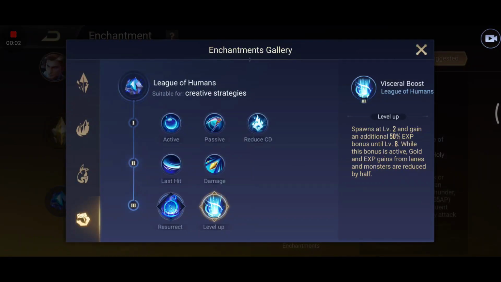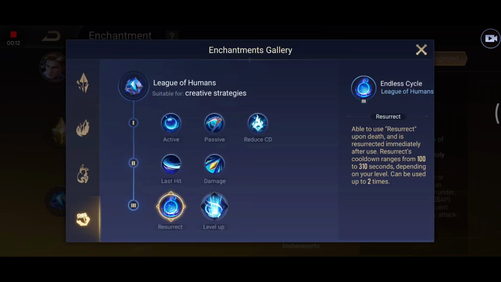Finally, we have the most broken rune page there is in this entire list, which is League of Humans. So this rune page basically consists of 2 main runes, the Resurrect one and the Level Up one. So this Resurrect one, how that works is, you gain 2 charges when you enter a game, and you can use the charges anytime you want when you die, and instantly respawn at your base and then join the team